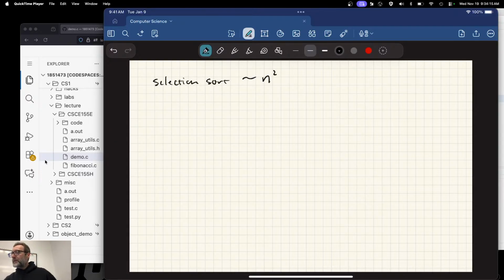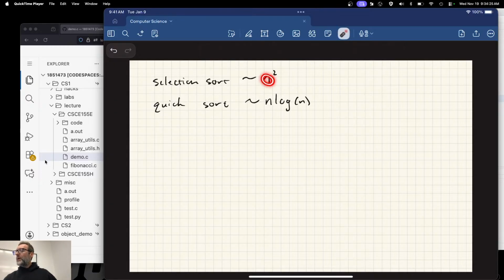Quicksort, you can't guarantee this, but on average, is going to be about n log n. In other words, they share one term, but the other term, n versus log n, is where the difference is.